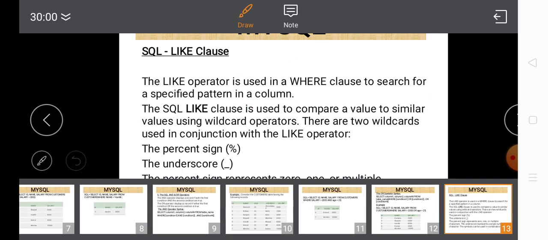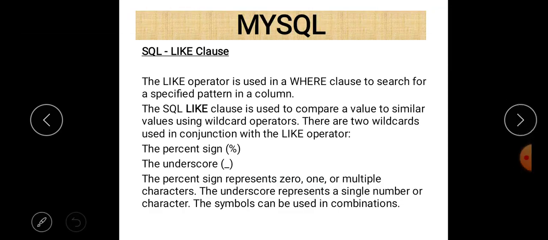As you can see on the screen, the like operator is used within a where clause to search for a specific pattern. So it is used for pattern searching. The SQL like clause is used to compare a value to similar values using wildcard operators. There are two wildcards used in conjunction with the like operator: the percent sign and the underscore.